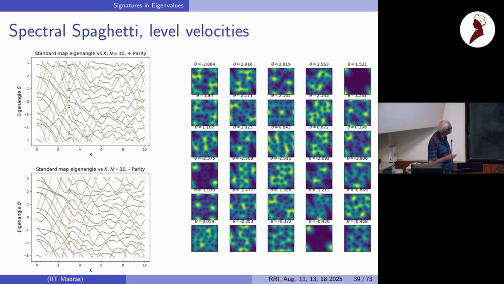And in fact, the slope of these are called level velocities. It is how much your levels are responding to a change in the parameter. That's a very important quantity. Actually, in metrology these days, this is a very important quantity. If you want to measure some magnetic field or something like that, you want to see any change in the magnetic field, your system should respond very fast, very quickly. So these kind of states can be used for these objects. There is a whole theory about level velocities and so on, which I won't go into, but I just wanted to point out that these also correspond to states which you can visualize like this.